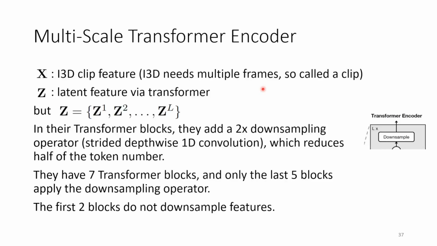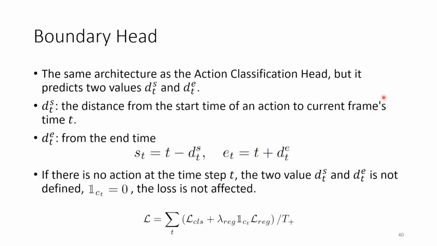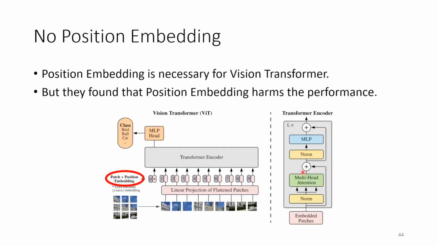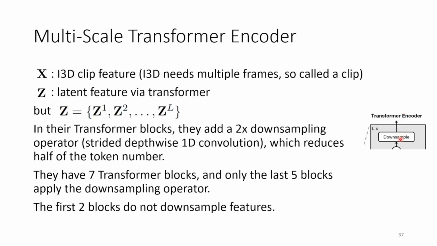Okay. Then pay attention here. You can see this is a downsample, right? In the typical transformer architecture, there is no such downsample. Let me show you. Yeah, okay, so this is the typical transformer architecture. No downsample. So they add a new operation, downsample here. Why do they need to create it? This is their design. Okay. Why do they need this downsample? Because they want to create a feature pyramid.